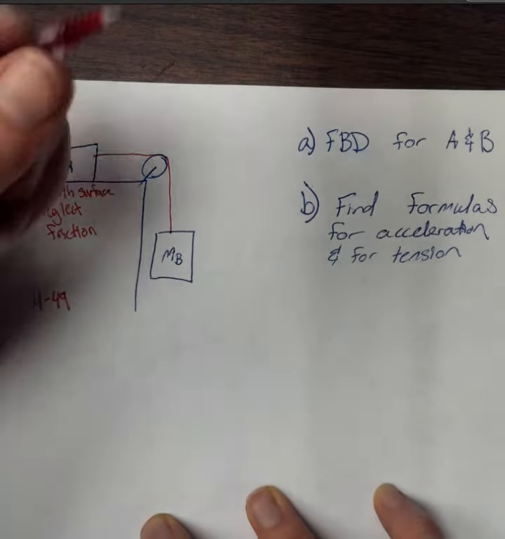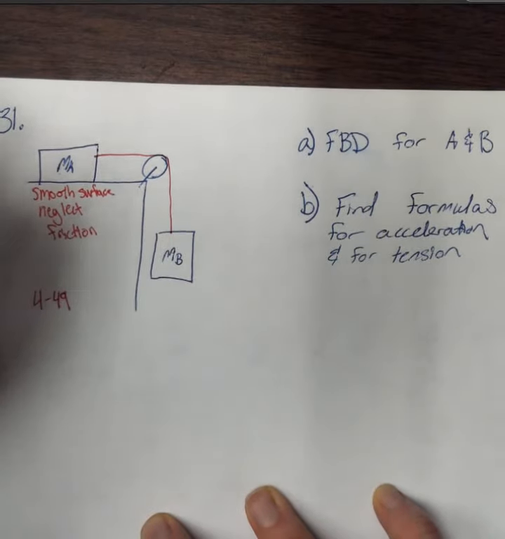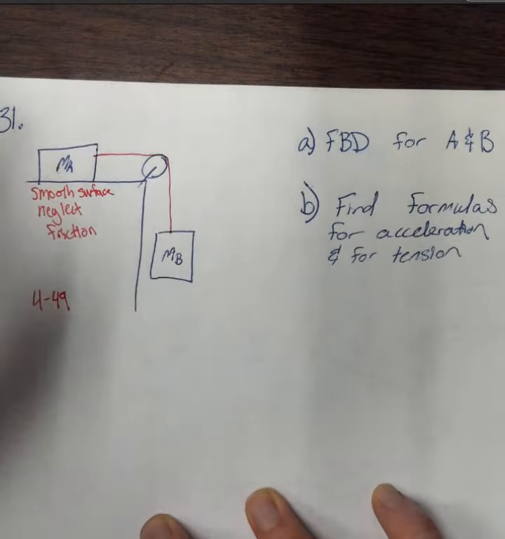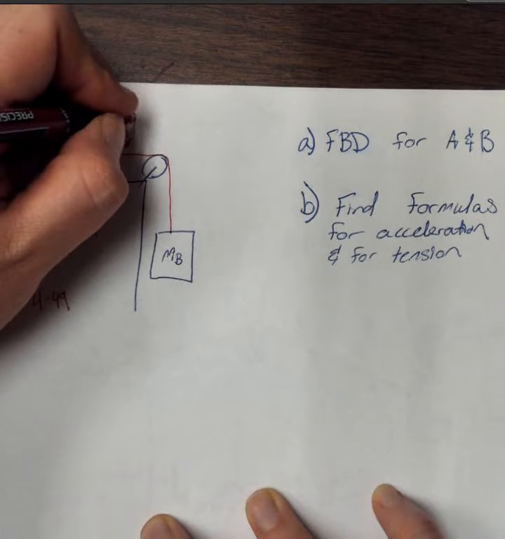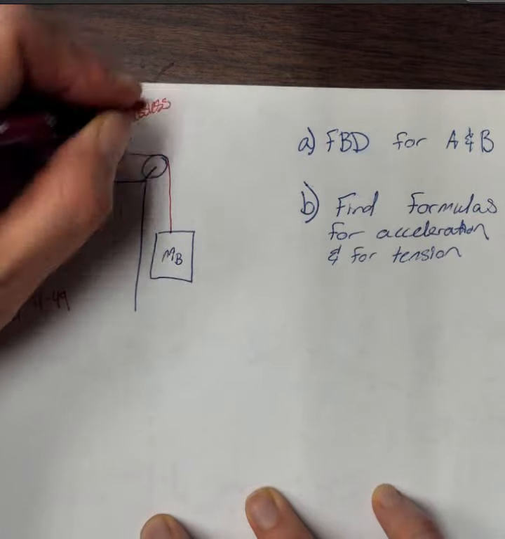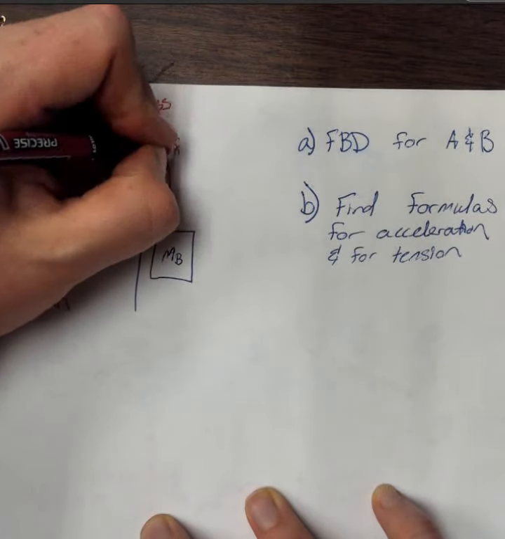Alright, this block is on a smooth horizontal surface, you're neglecting friction, and it's attached to a cord. We may assume that this cord is massless, and that this pulley is frictionless,